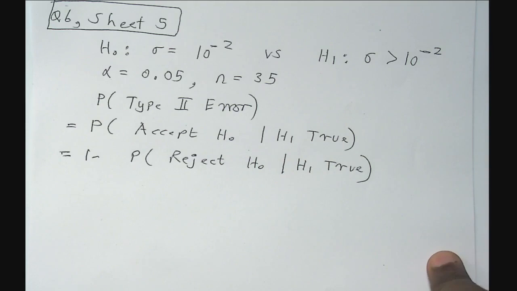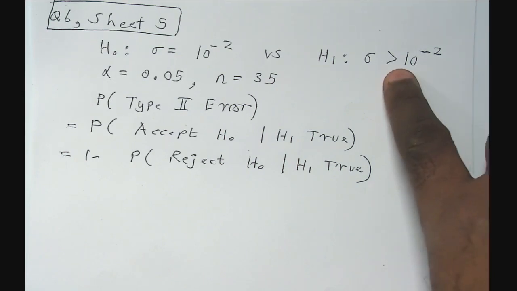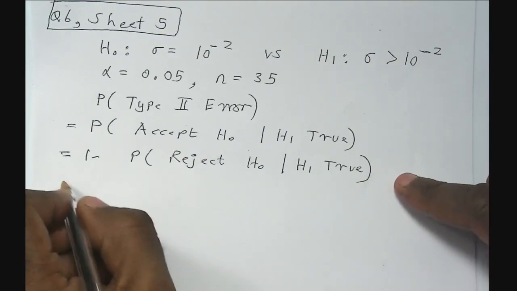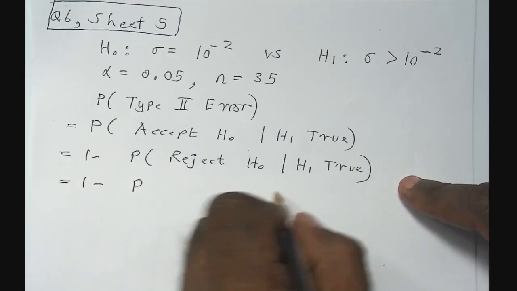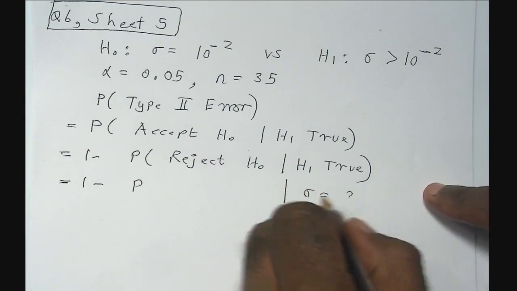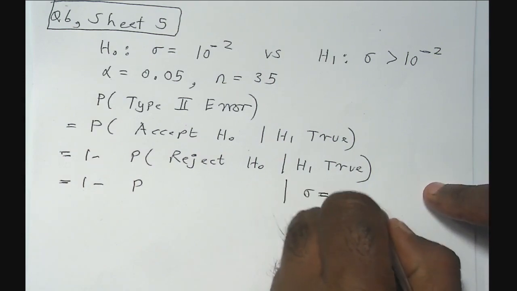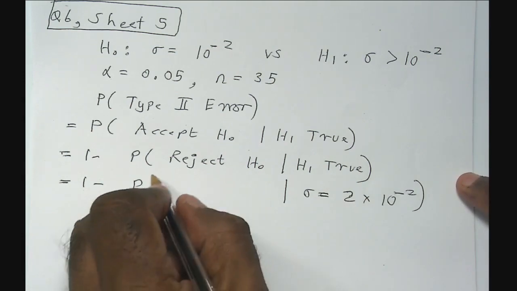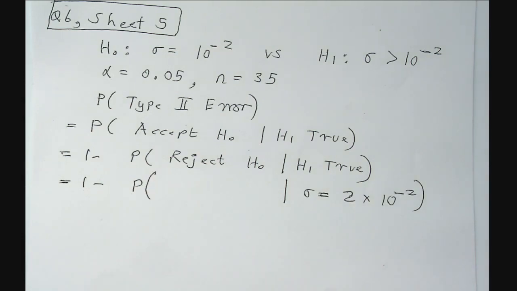Now in this particular question you are given the true value for sigma, which is 2 times 10 to the power minus 2. That is satisfied by the alternative hypothesis. So what I'm going to do is put in the true value for sigma. And one more time, if you look at the lecture notes,